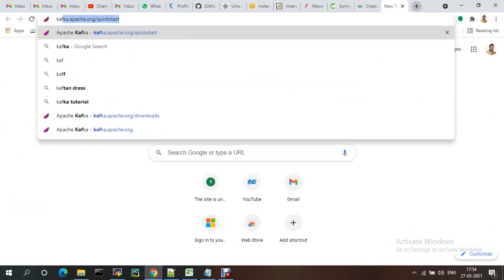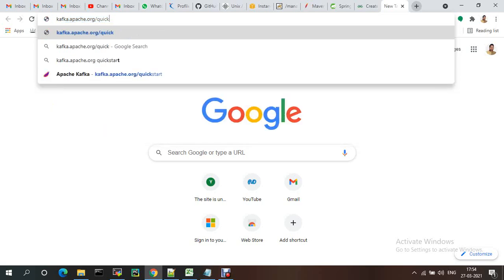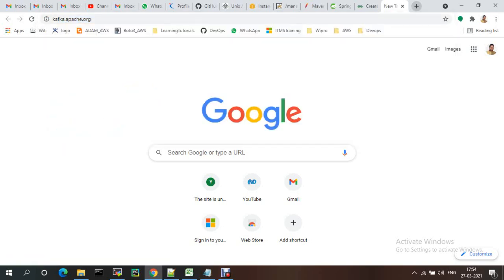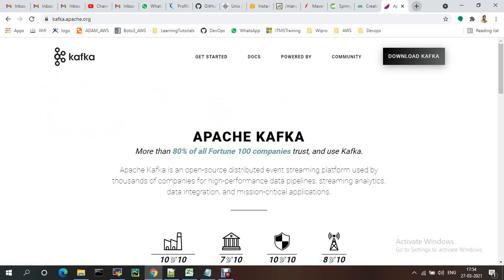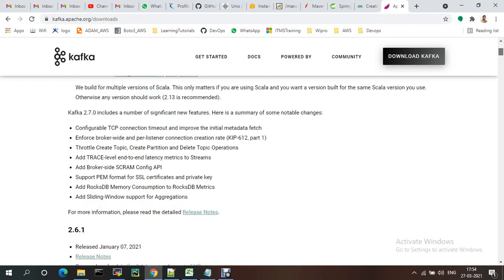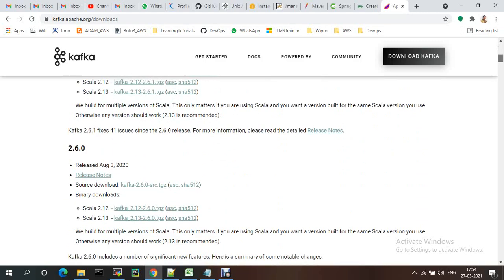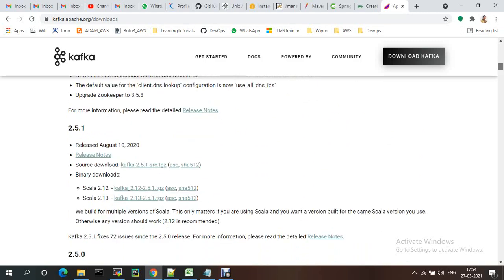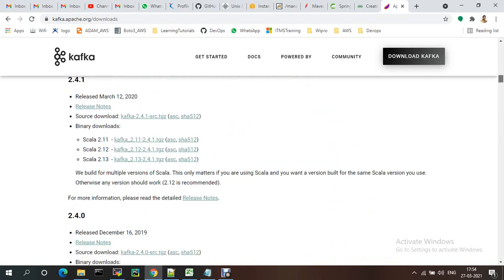Search for Apache Kafka download, go to kafka.apache.org and click download. Currently the latest version is 2.7.0, and 2.6, 2.5.1, 2.5.0, and 2.4.1 are also there.